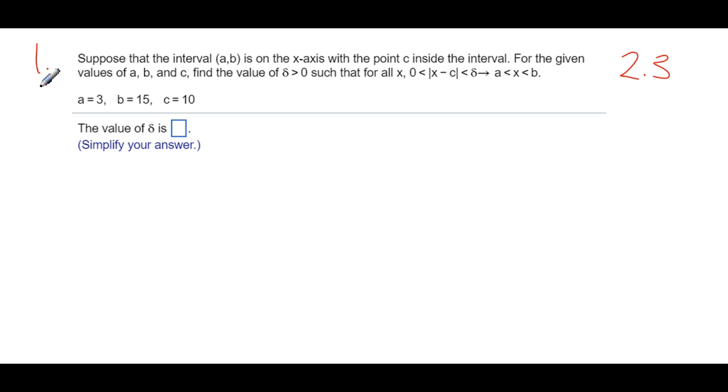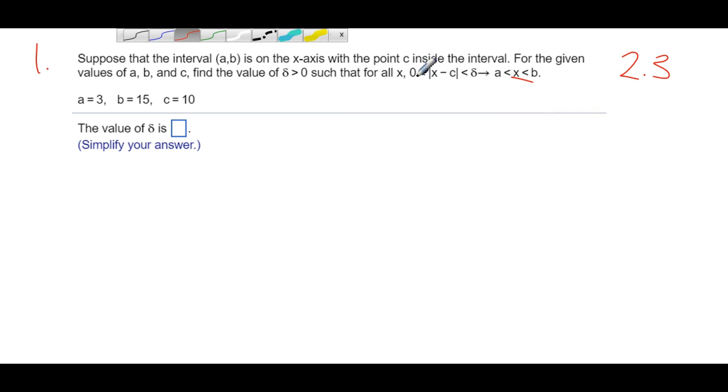We're going to look at some homework problems from the 2.3 homework set. This is problem number 1, and it's teaching us this absolute value notation. These things always say, if this happens, then this also happens. So what we're saying here is,